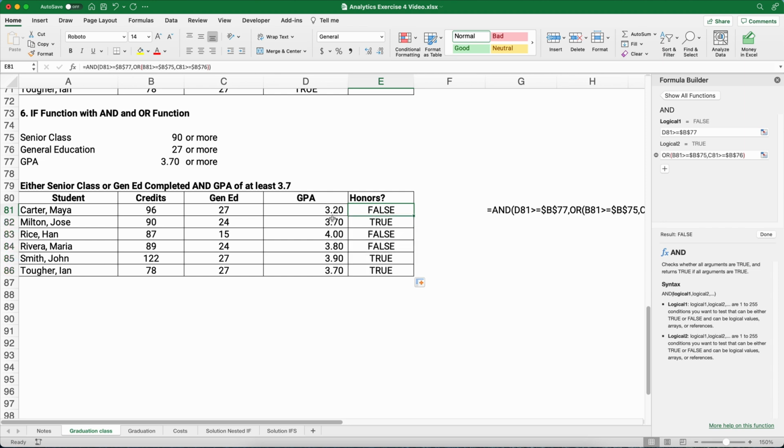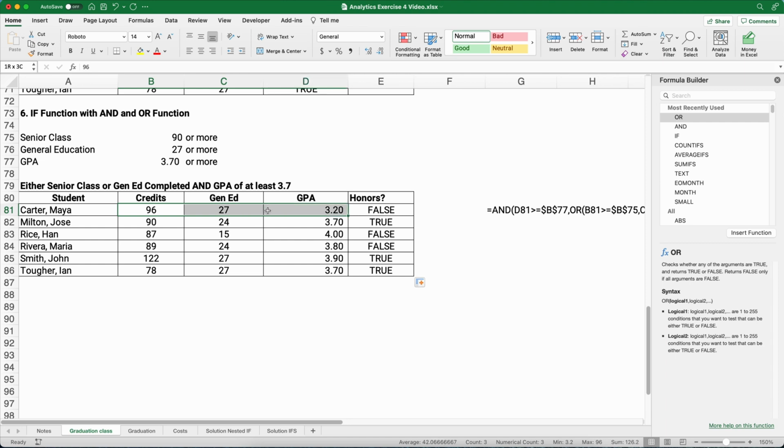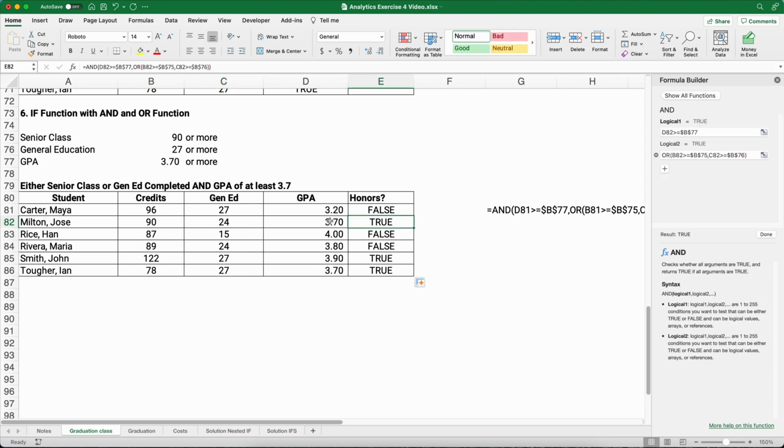So why does Maya Carter not make it? She has credits of 96, she has gen ed of 27, but she does not have the 3.7 GPA, so that's false. Now, Jose Milton does pass because we have a GPA of 3.7 and at least 1, so he's a senior, does not have the gen ed hours, but it's true because he has GPA and 1 of the other 2. All right, so now we're going to wrap this in an if statement and say if